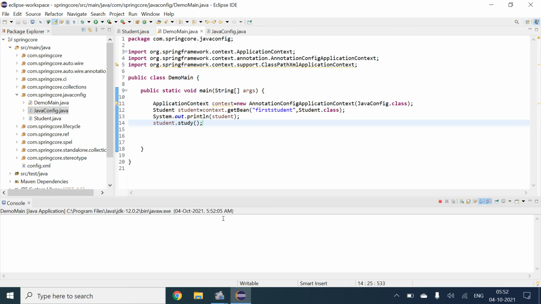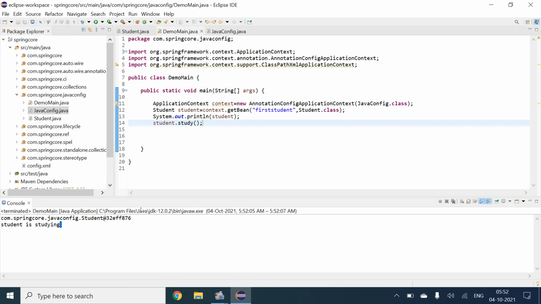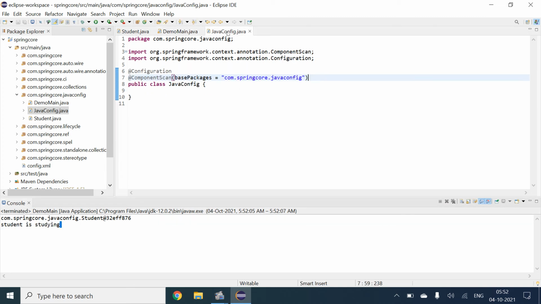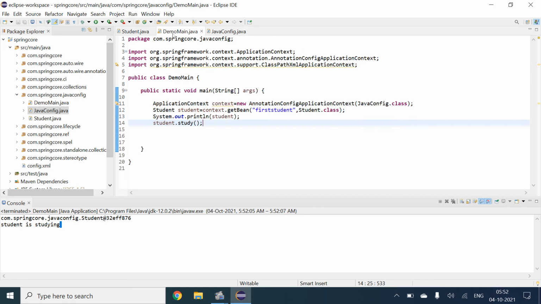Yeah, student is studying. So we don't have an XML file in this and the program is running successfully. This is how we provide configuration and component scan, the role of components without using an XML file.